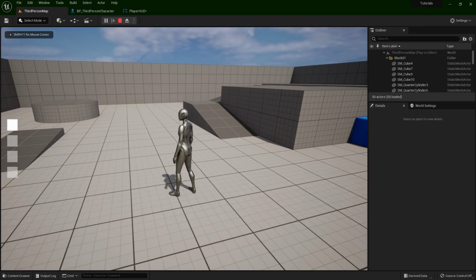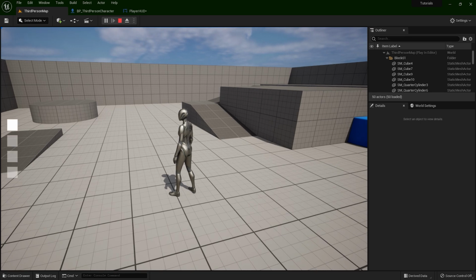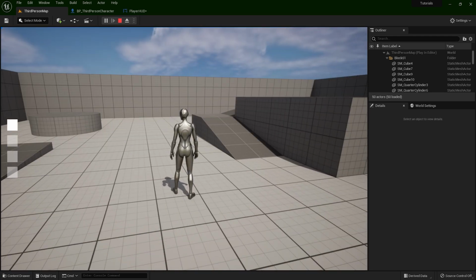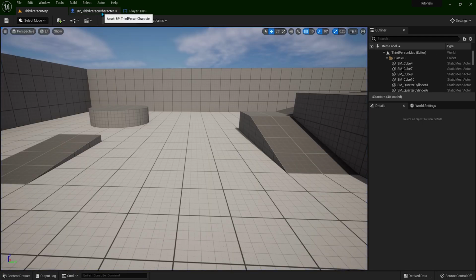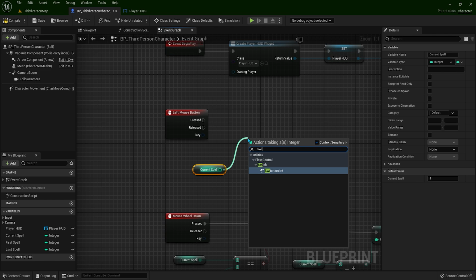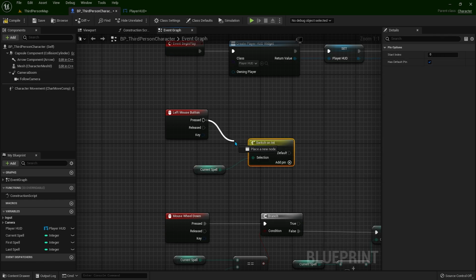When I scroll down, I'm selecting the rest. Now let's see how we can use this spell. Go back to our third person character. Now in order to use this selected spell, get the current spell, and from here switch on int. Connect the pressed,